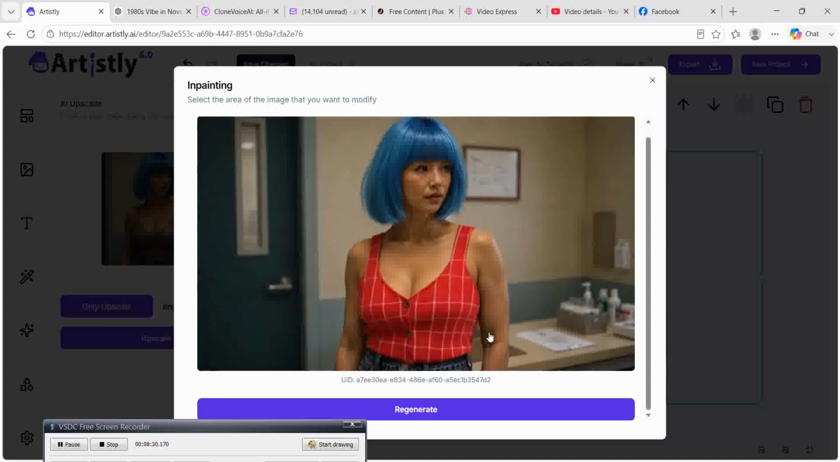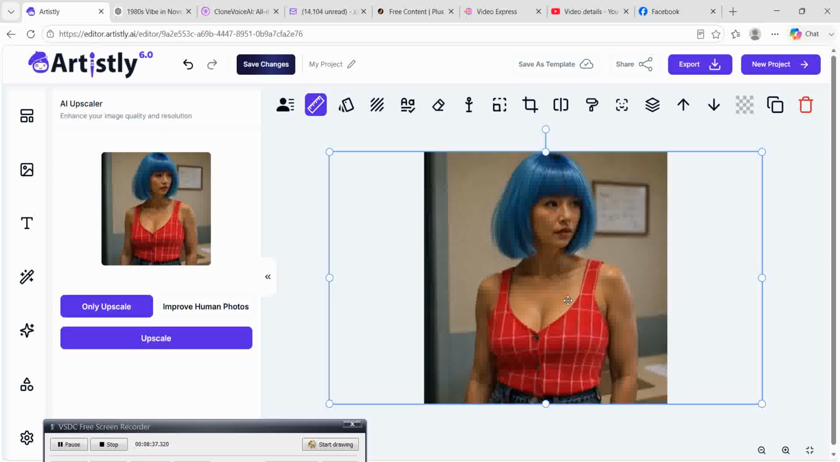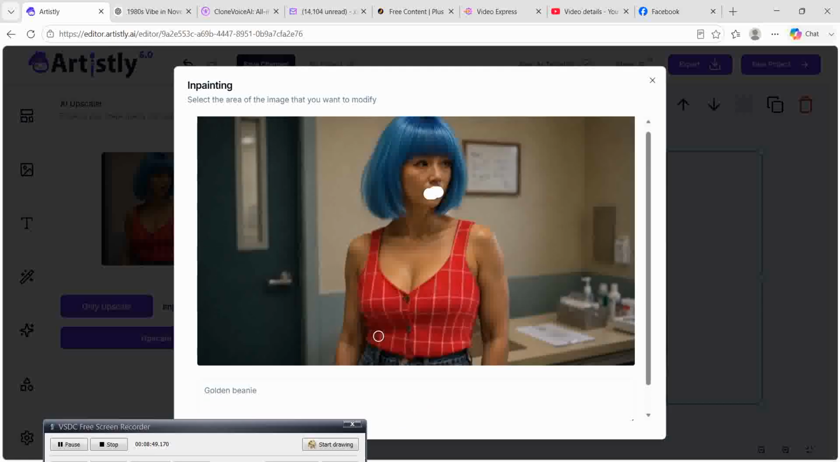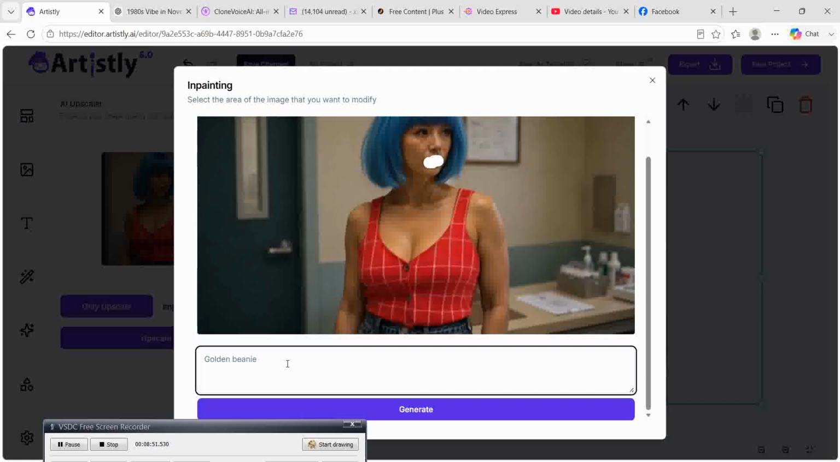Let's take it a step further here. Just click out of here. Now let's do some more inpainting. Let's go here and let's get her lips. Make lipstick color fire engine red. Okay, so